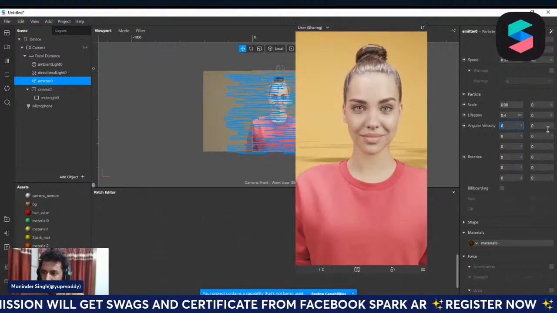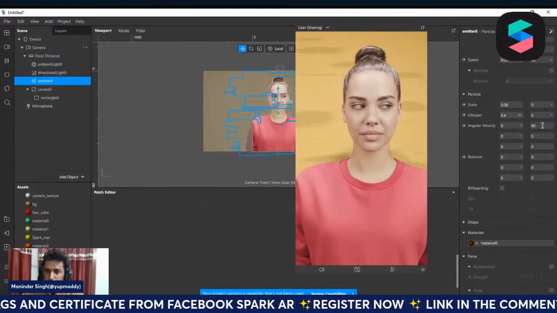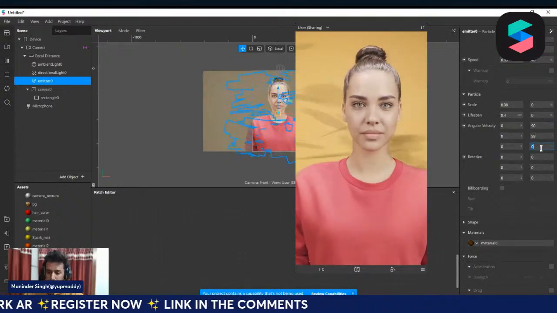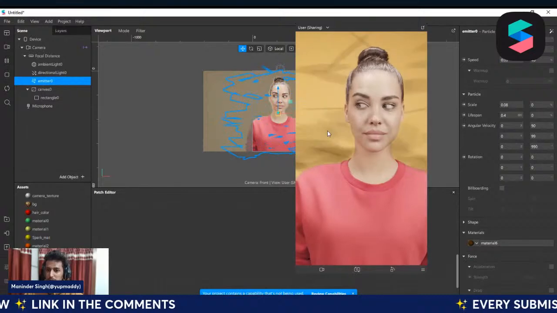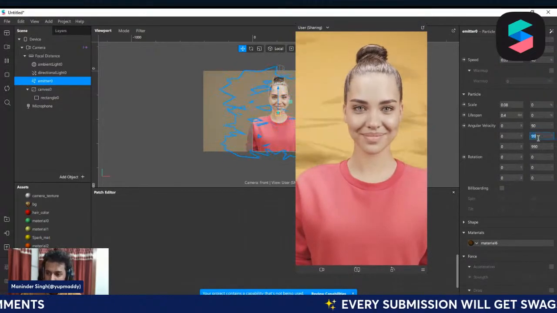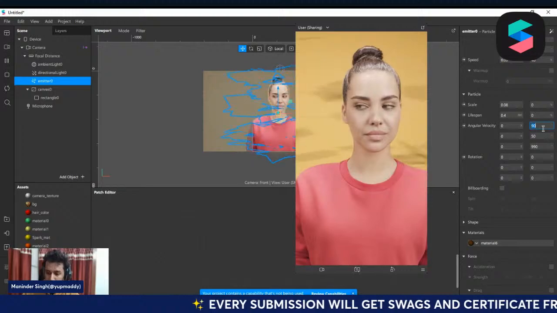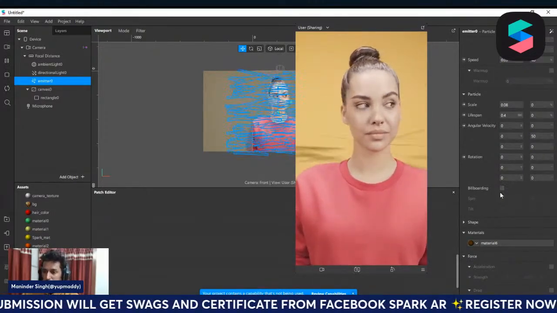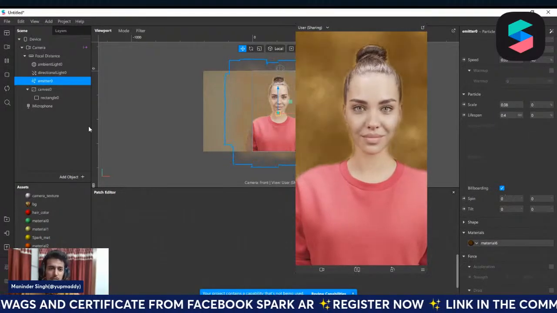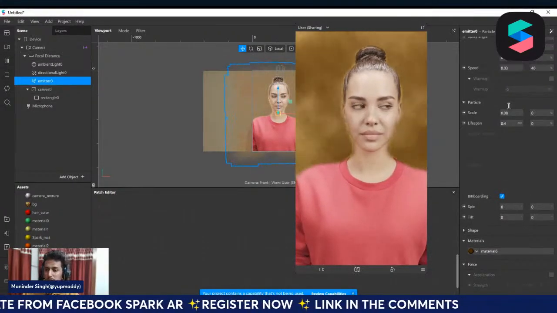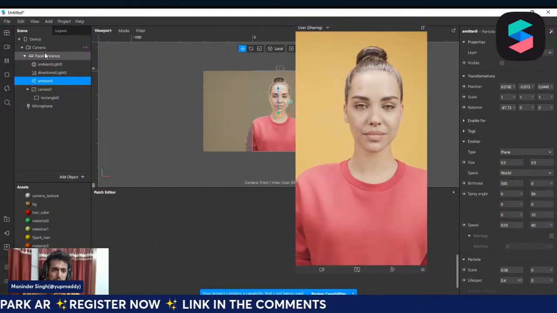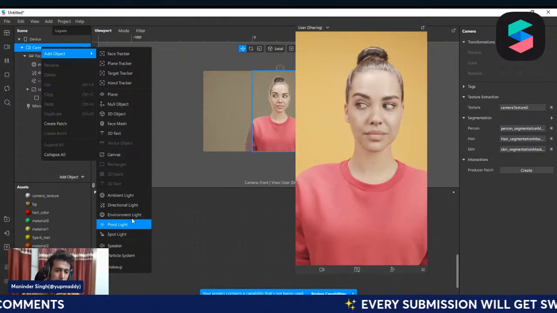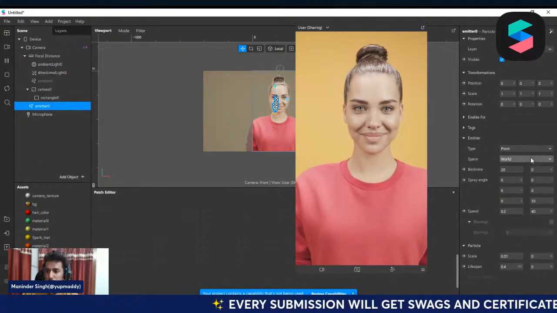Suppose you want this one to 90, 90, 90. You can play with this method however you want. Let's uncheck this one. If you want to create, let's say, snowfall, not smoke, particle system,